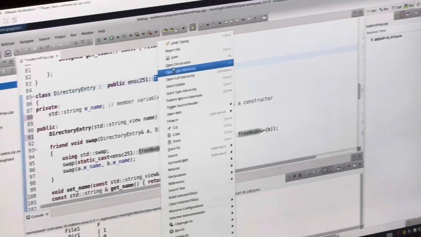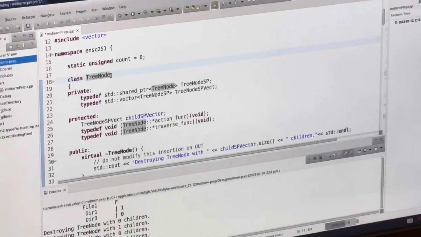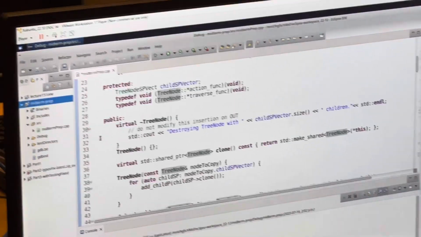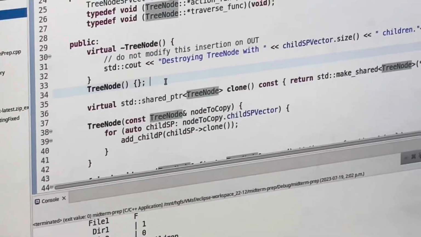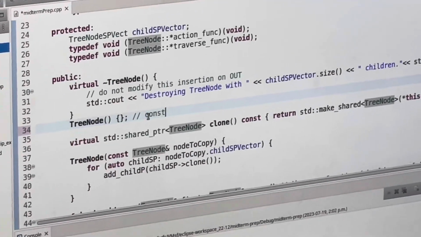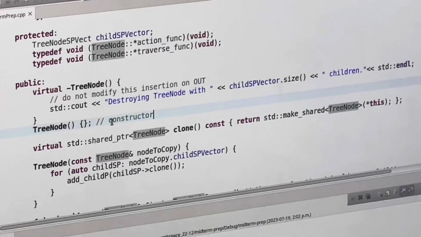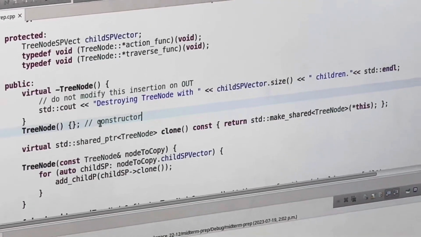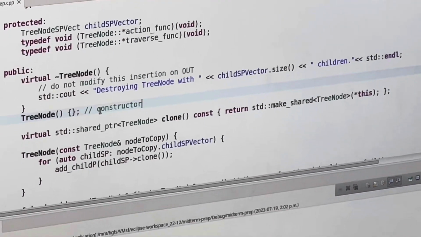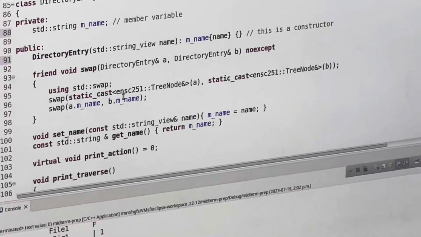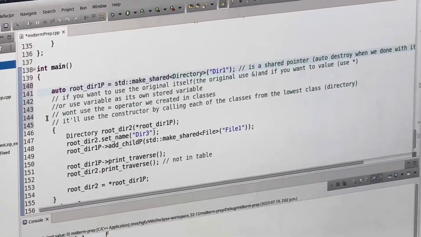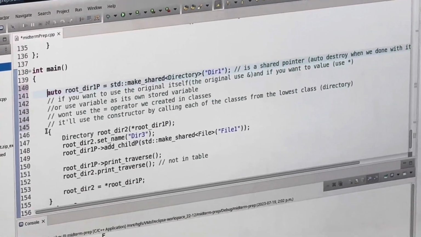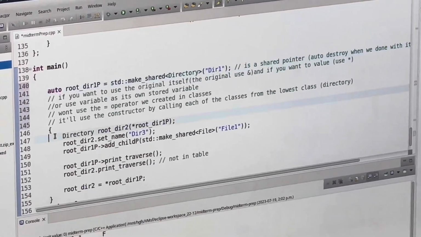So it'll just go to tree node and see that there's the constructor. Where is the constructor? Okay, here's the constructor. But it does not take any inputs or do anything with this constructor. So, yeah. And then we're done with this line 141. Whoa, these comments are much better than my comments. Anyways,